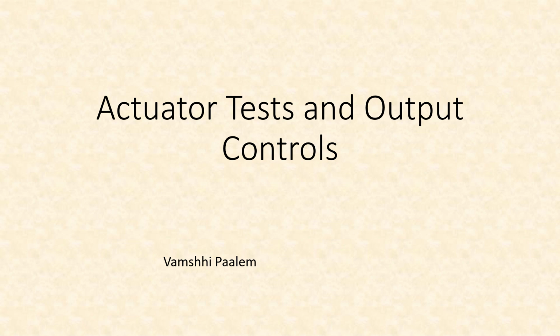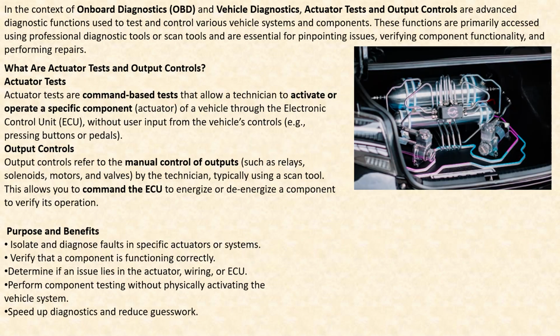To further continue, we will see the various types of actuator tests and output controls. When it comes to onboard diagnostics and vehicle diagnostics, actuator tests and output controls are advanced diagnostic functions used to test and control various vehicle systems and components. These functions are primarily accessed using professional diagnostic tools or scan tools and are essential for pinpointing issues, verifying component